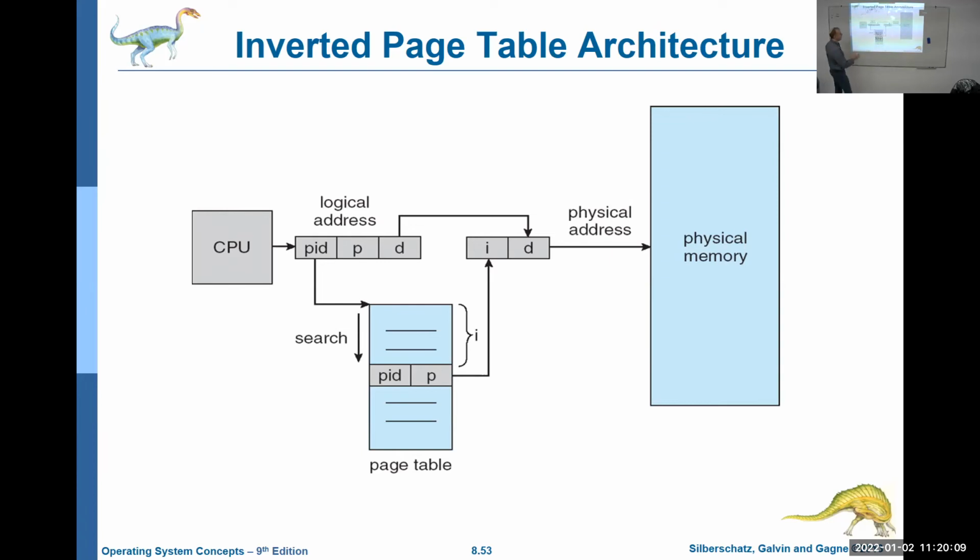This page table is as big as total memory. This page table represents all the memory of the computer, just like we said before, so it could be very large. If I am PID, that's his process ID number, I'm going to look at all of the entries that start,